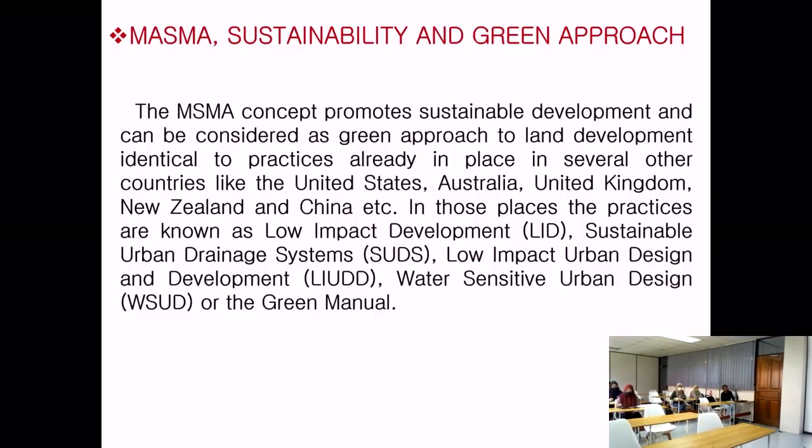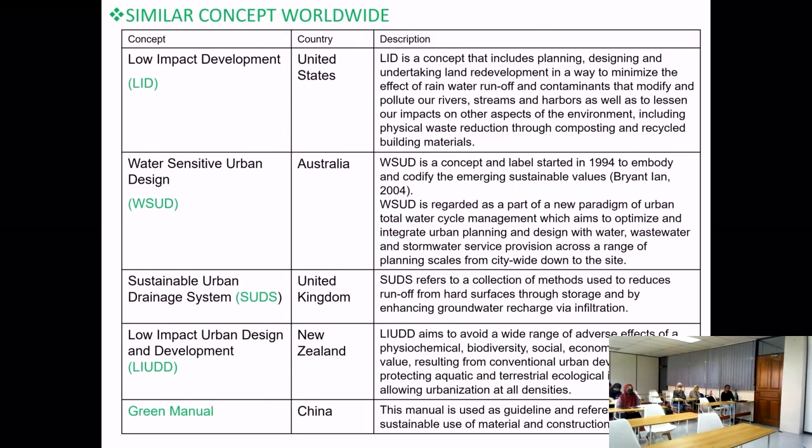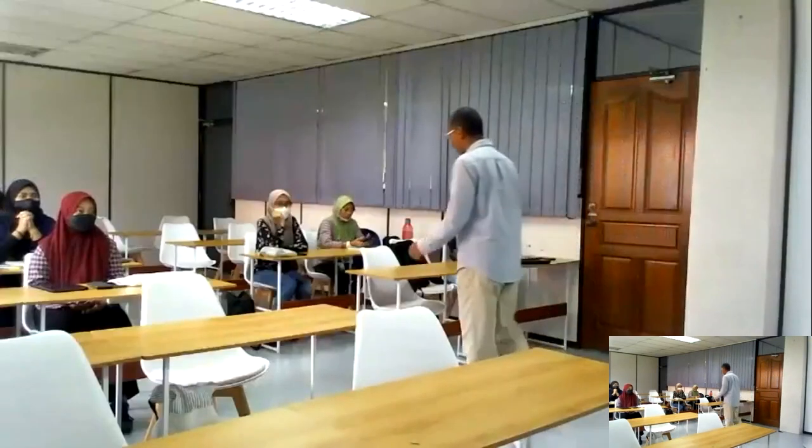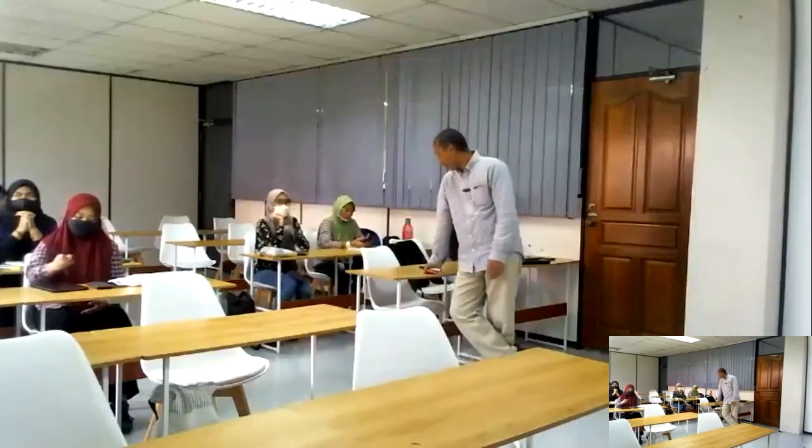In Malaysia, we use MASMA, right? MASMA, sustainability and green approach. And in other countries, we call that slightly different, but the concept is the same. It is about sustainable drain system. In the US, it's called LID, Low Impact Development. In Australia, it's called WSUD. In UK, SUDS. In New Zealand, RIUDD. In China, it's called Green Manual. So there are many terms used for sustainable urban drainage system. We use MASMA. Right? So,